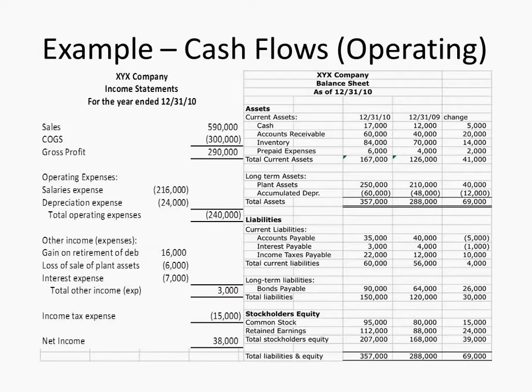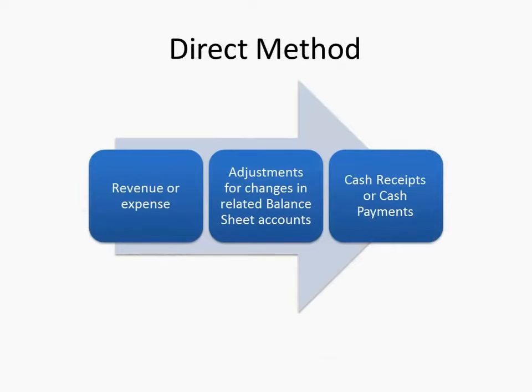Okay? So essentially, you have to take each item on the income statement and put it on a cash basis. So right now, sales on an accrual basis income statement includes sales for which cash was received, and it includes sales for which cash wasn't received. Okay? And if cash wasn't received on a sale, what account did it go into? Accounts receivable. So you have to take your sales and back out of your sales anything that's still receivable. Okay? And this is the methodology you need to go through for each different item on your income statement.